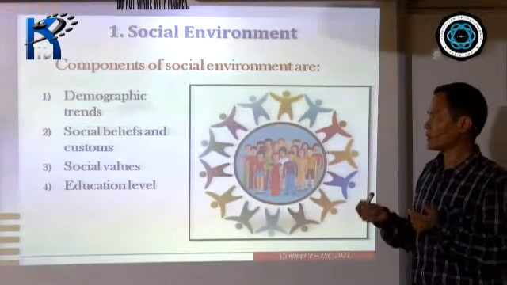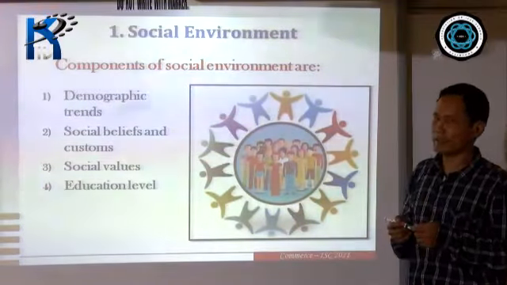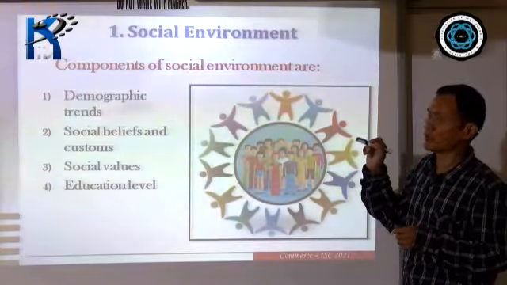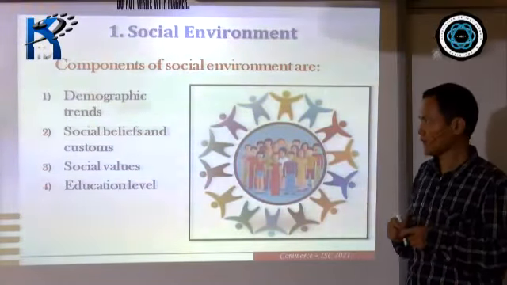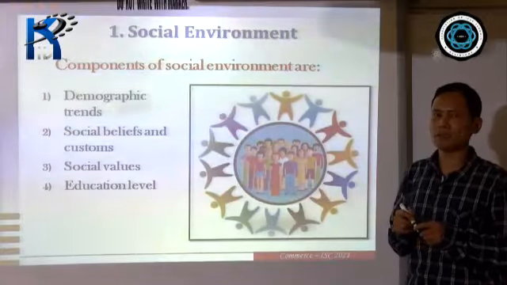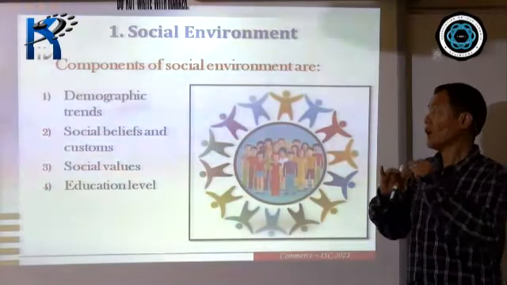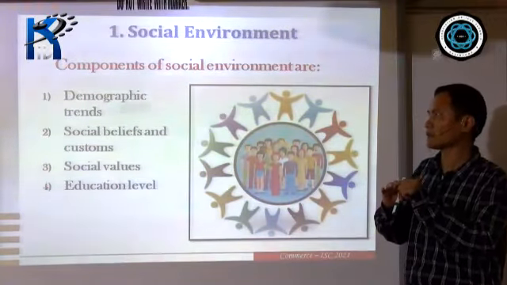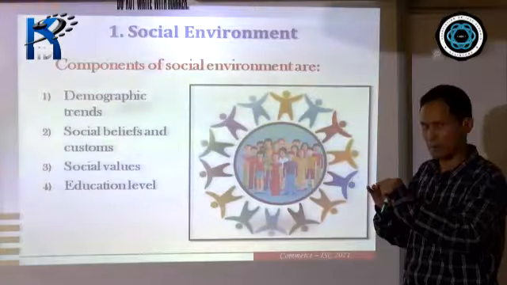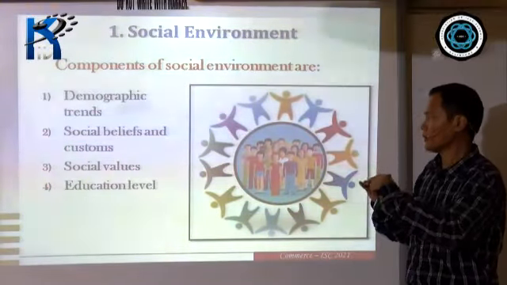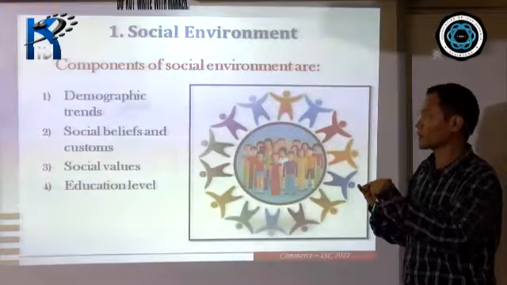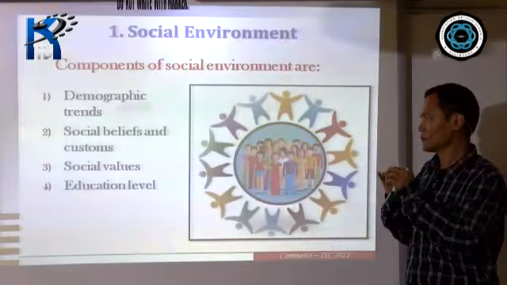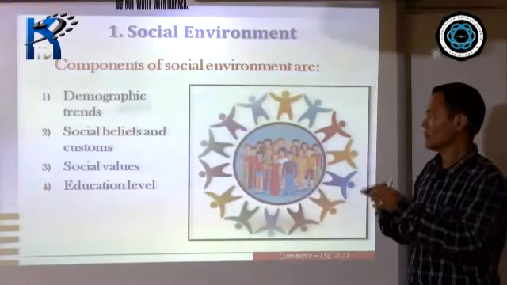So for a business organization to be successful in the market or a society, it has to understand all these social norms and values. It will help the organization to find out what to offer, how to offer, whom to offer, whether the products and services will have to be offered to children, adults, youth, or elderly people, whether those products should be offered to male or female. So in that way, it helps to determine the market segment.